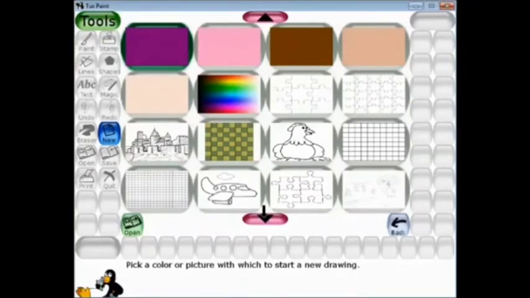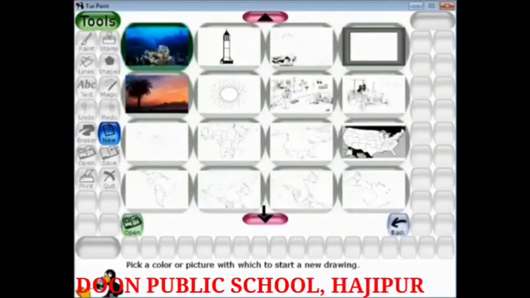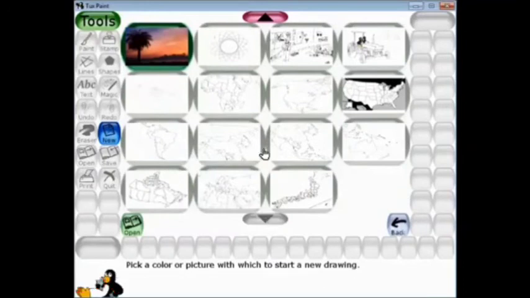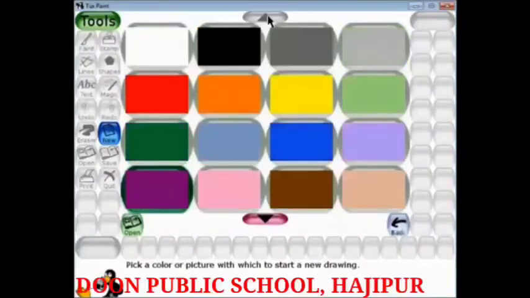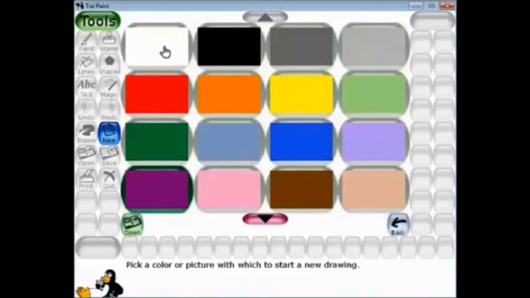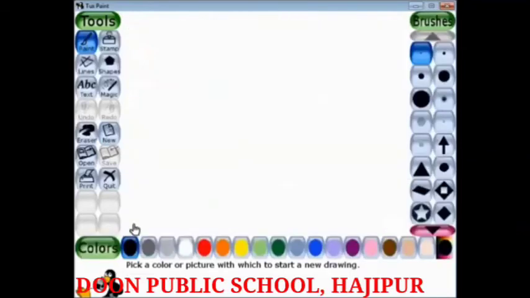You can use them for coloring purposes. But whenever you want to draw something on your own, always select a blank sheet. Right now I'm going to select the white sheet. Just click on it and click on the Open option.